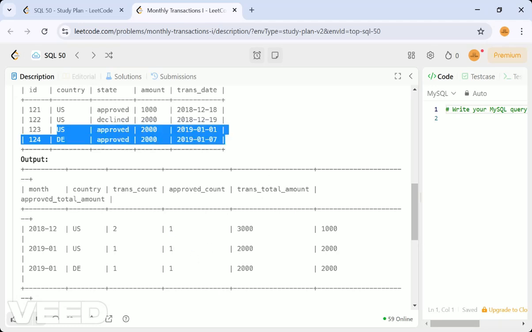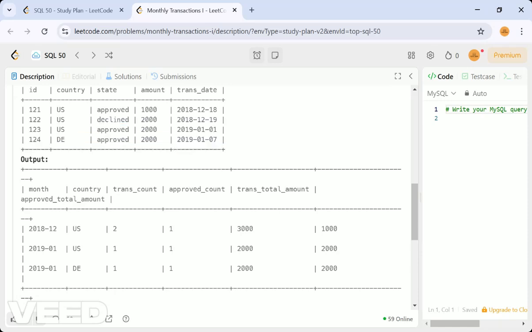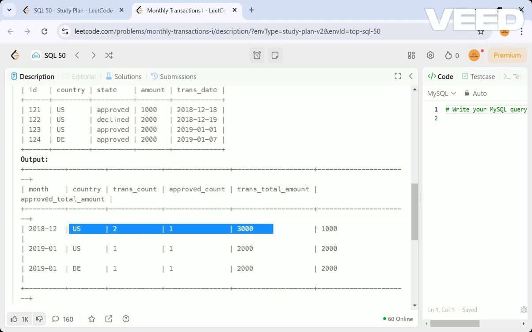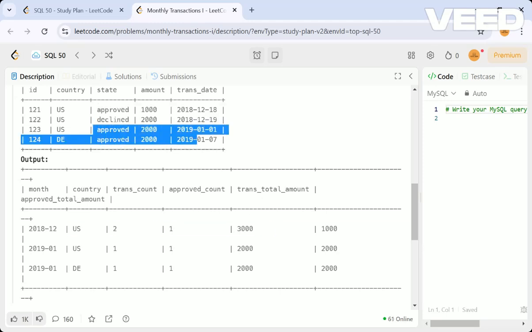And then the transaction total amount they are asking. For transaction total amount in these two collections, we have to sum up approved and declined also. State can be any, we have to combine both these states' amounts. So that is 1000, that is 3000 amount for this. Whereas we have only one kind of thing. The total sum of these two things is the same, 200 and 200, vice versa accordingly.